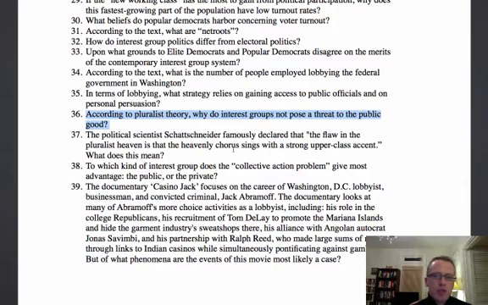Now, according to pluralist theory, why do interest groups not pose a threat to the public good? Well, again, it kind of goes back to this idea of the free market system, the idea being that they cancel each other out, or that public policy will emerge oftentimes from efforts outside of the channels of legislation, such as we know them in the House of Congress, that interest groups may have come to a consensus on how to balance their interests outside of Congress, and then